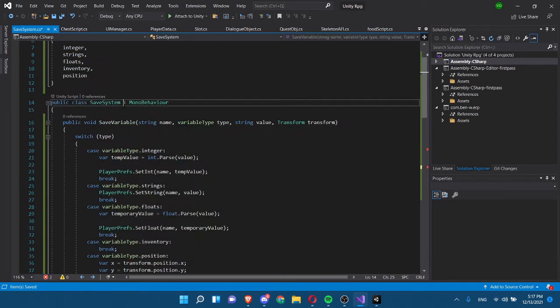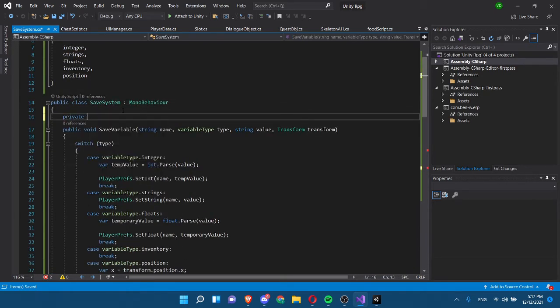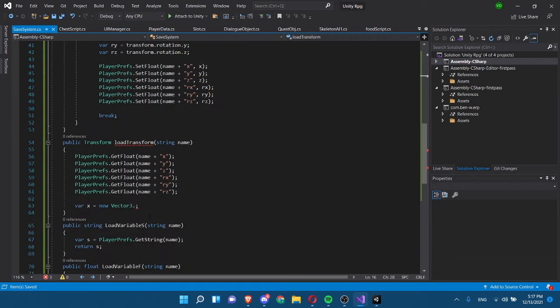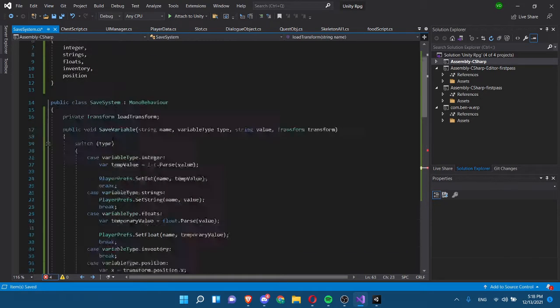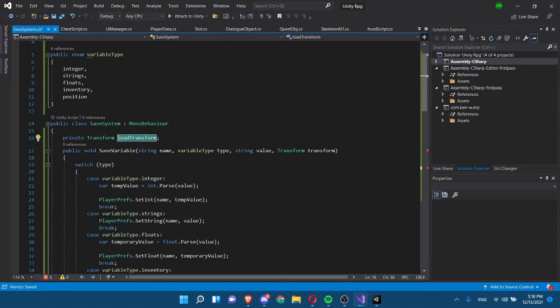Actually, let's create a private transform variable, player transform load transform variable, and then we can just say here load transform dot position. Oh sorry, there's variable name conflicts here, so we can just say load transform var,